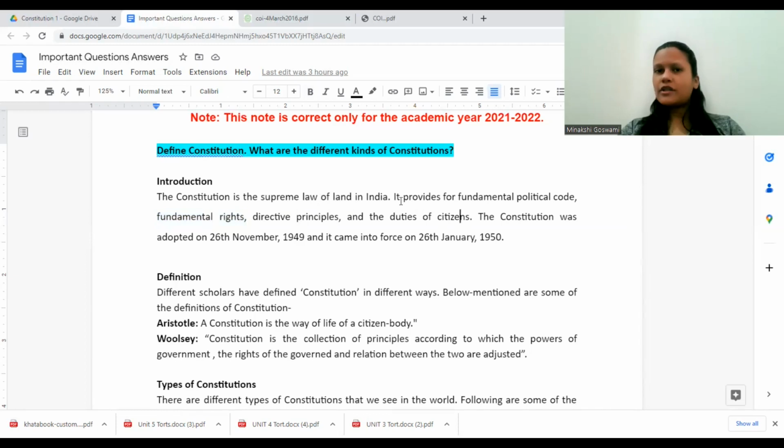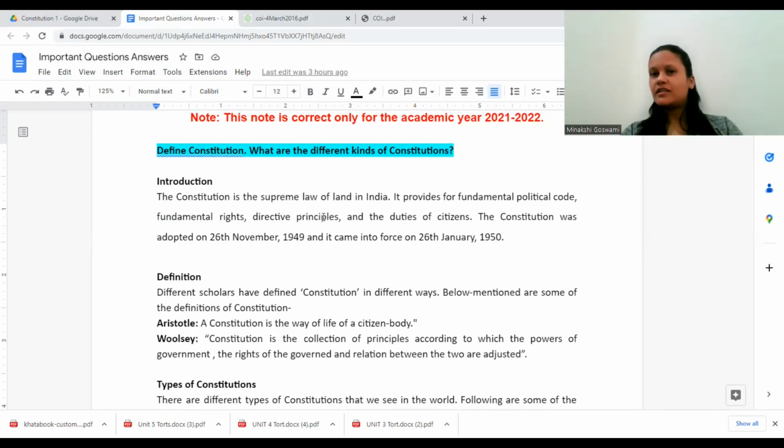Now, when we talk about Constitution, what are the things given there? It provides for fundamental political code. It talks about the 3 different organs of government. What will be their powers and functions? What will these 3 organs consist of? Everything is mentioned there. It also provides for fundamental rights that apply to us. When we say fundamental rights, there may be some rights that apply only to citizens. There may be some rights which are available both for citizens as well as foreigners. Then it talks about